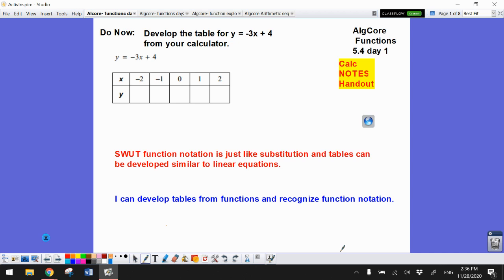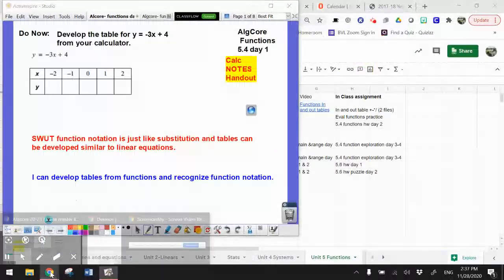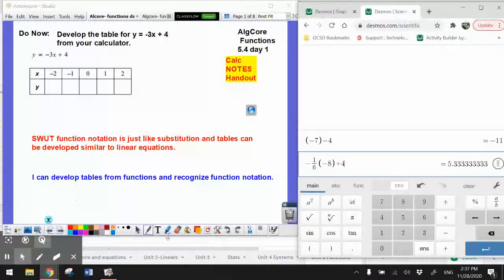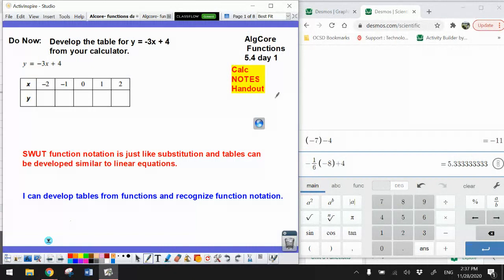Okay, so we're going to be working on evaluating functions today, and we're going to have to make use of our Desmos scientific calculator. So why don't you go ahead and get that open? We need that so that we can do some evaluation and fill in our tables here. So let's go ahead and start with